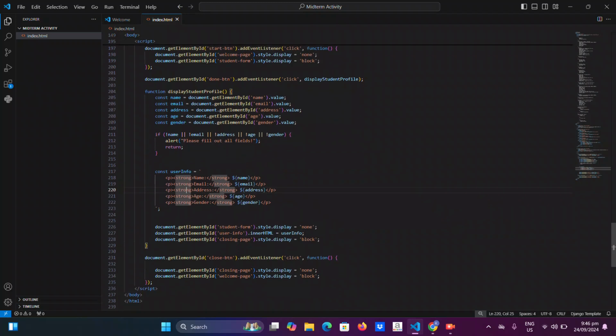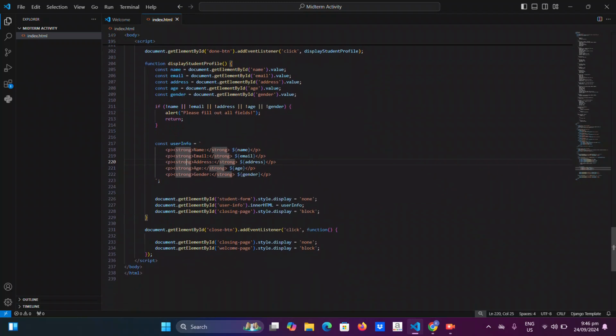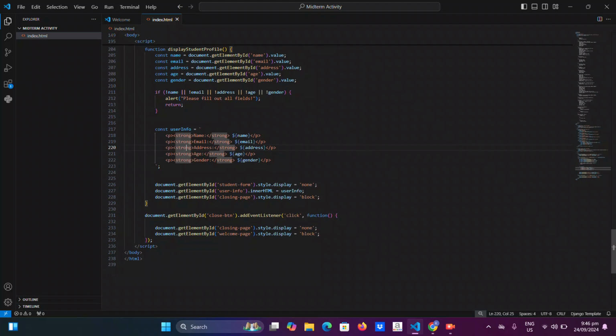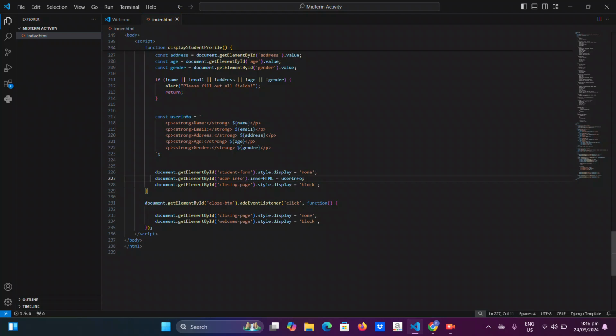This string will be used to display the user's data on the closing page, and also this transitions the user form display to the user summary.